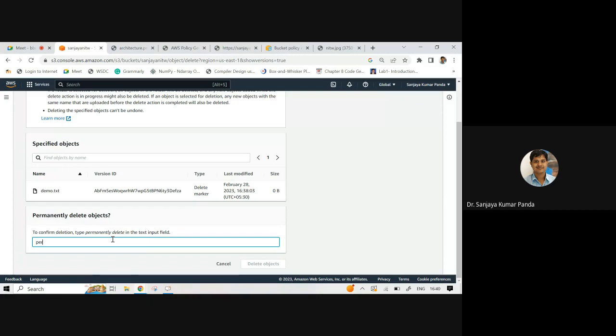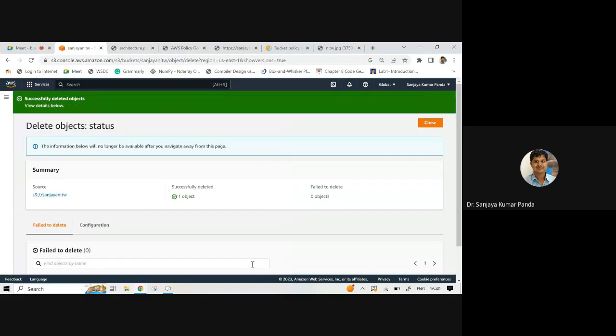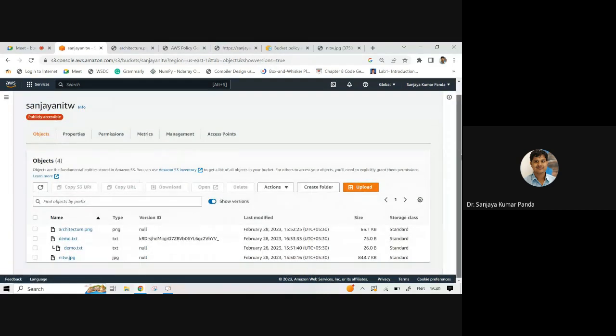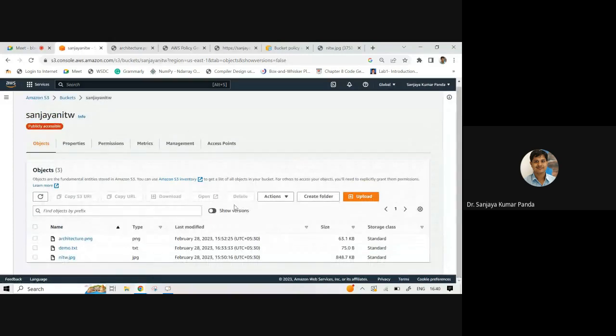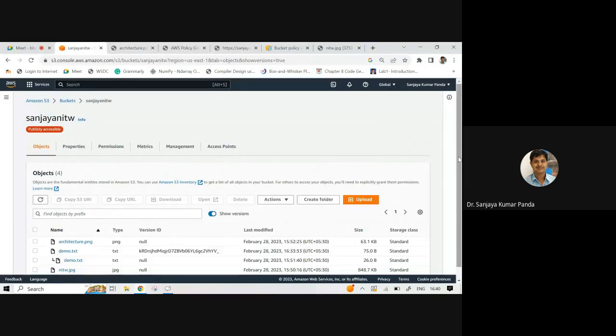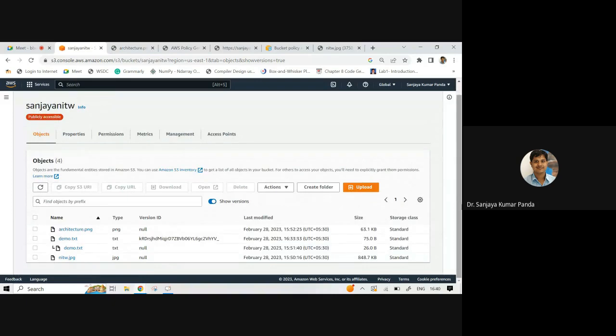So you have to write here permanently delete. If you click delete object, now you will see there are 3 different objects, or if you enable show version, there are 4 different objects.